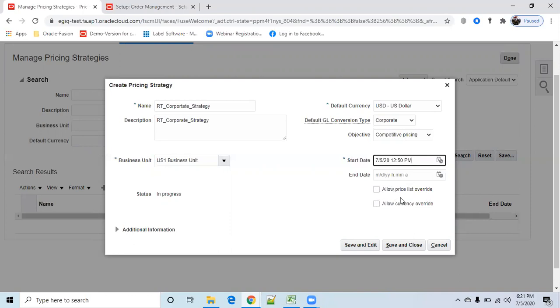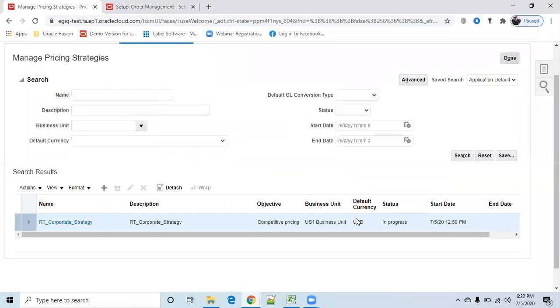When it is not checked, the system won't allow editing the price. If you want to edit, go ahead, or else you can keep it blank here. Similarly for currency as well. Now save and save and close.